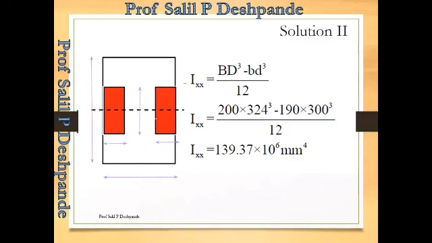So what you need to do is calculate the dimensions of the small rectangles. Now we have seen here that the capital B, which was given in the sum, was 200. Then capital D we have calculated. The web was given as 300, plus 12 and 12, so this will be 324. This was already given as 300.